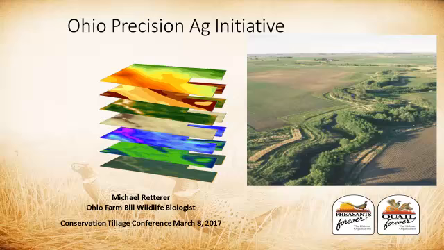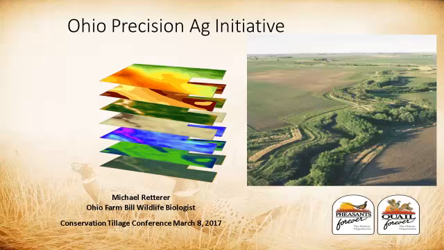it's kind of as needed. So I'm here to talk a little bit about our Ohio Precision Ag Initiative that we've been working on with some landowners here in Ohio, using AgSolver's Profit Zone Manager as an analysis tool to show us some of the whole farm analysis to identify areas that the farmer is just not being productive on, and then working with them to look at a lot of different scenarios to help the farmer be more productive. Some of those areas and practices end up being conservation related, some are not,